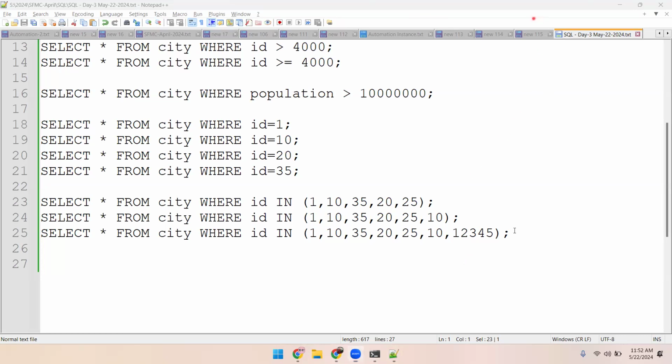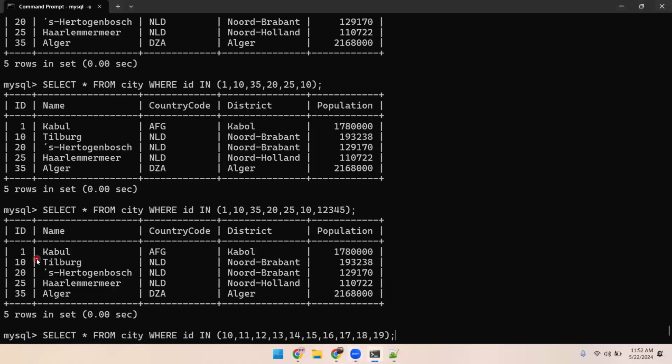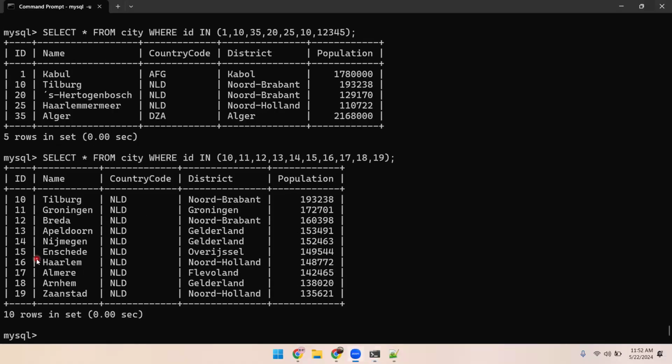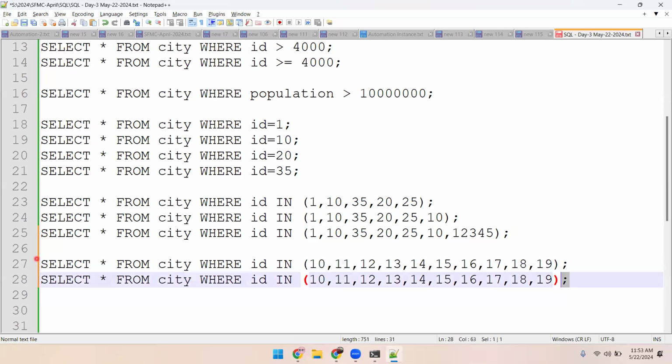So now I want to display 10 to 25. If I want to display 10 to 25, I cannot be typing 10, 11, 12, 13, 14, 15, 16, 17, 18, 19. Correct? So this works. It works if it's a small number. But it's a series of numbers. In this scenario,